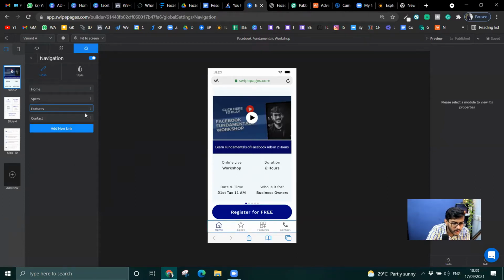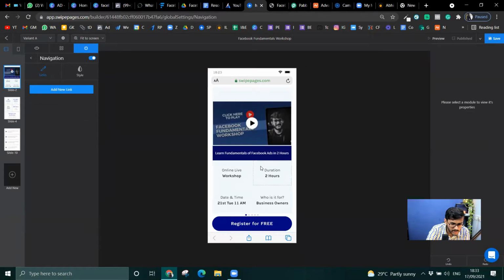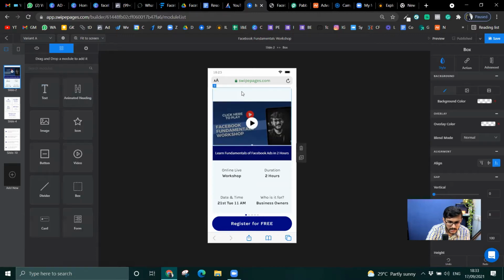Now I don't want contact, delete it, features, delete it. I am using a landing page, so I don't want this as well. I don't want this as well. I just want it to be a simple page which has sliders, right? So here are the things that I already have. Okay, I don't need this top line. I'm going to delete. Okay, I think it has on its own.